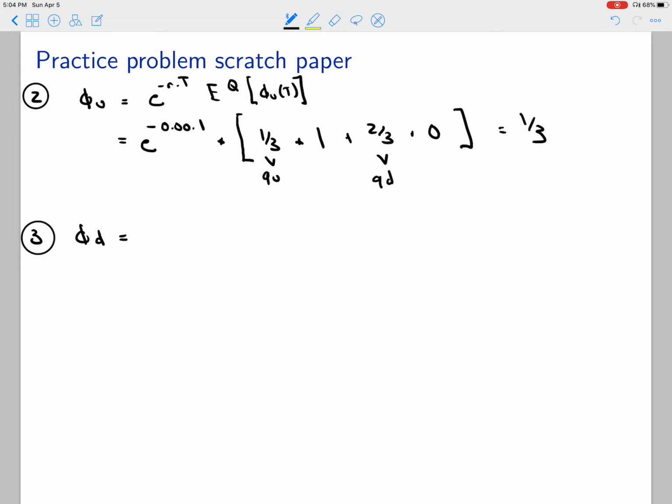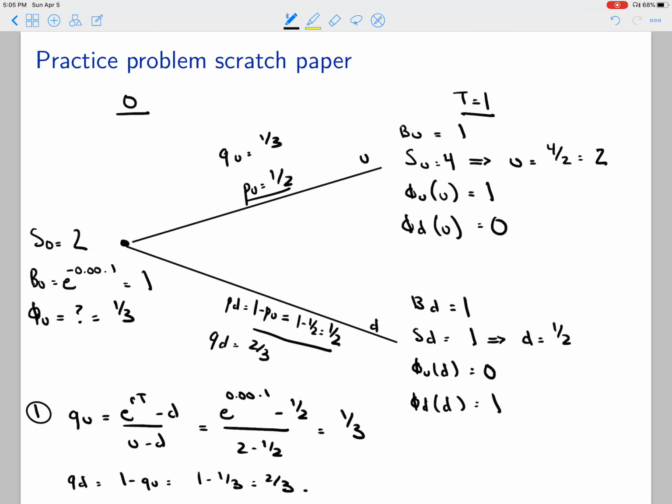Okay. The price of this security is given by the risk neutral discounted expected value. It's equal to e to the negative 0.00 times 1 times 1/3, which is Q sub U, times 0, plus 2/3 times 1, which is 2/3. So phi sub D is equal to 2/3. Okay, so we've priced two securities, the arrow securities in the upstate and the downstate. What we want to do now in this fourth part of the problem